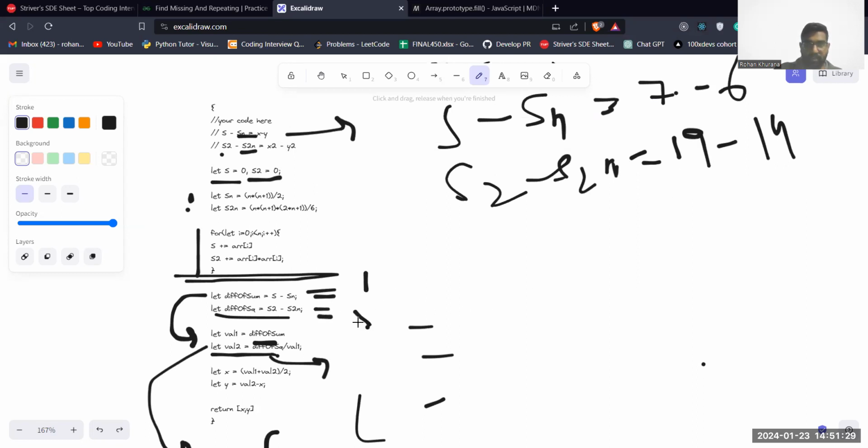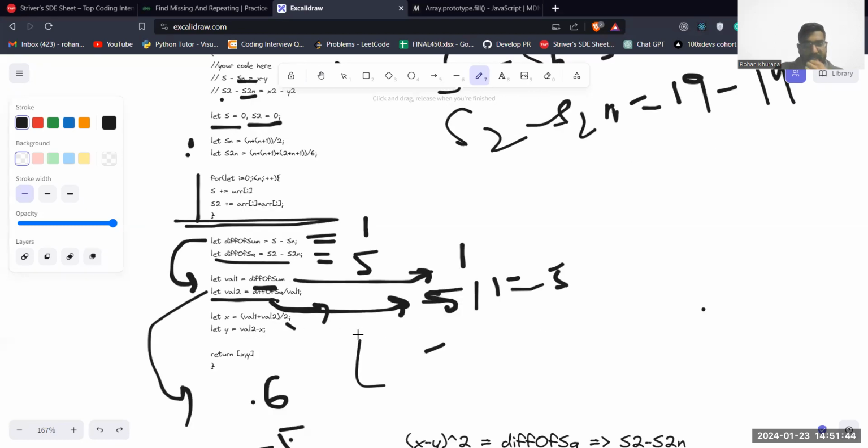And what is S2 minus S2n? It is 5. What is value 1? Value 1 is the difference of sum only, that is 1. And what is value 2? Difference of square, that is 5 divided by 1. So it is again equal to 5. What is x? X is val1 plus val2. So 5 plus 1, 6 divided by 2. Great. Oh, this was the mistake that we were making. So 3 is the x